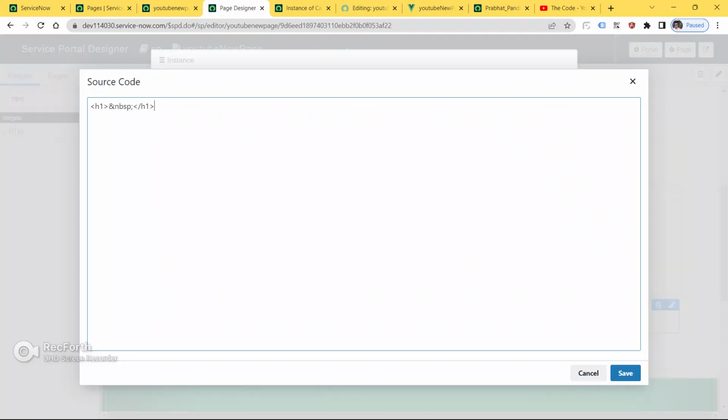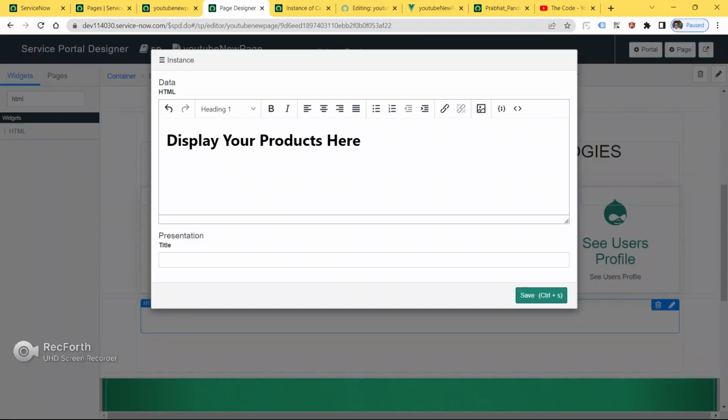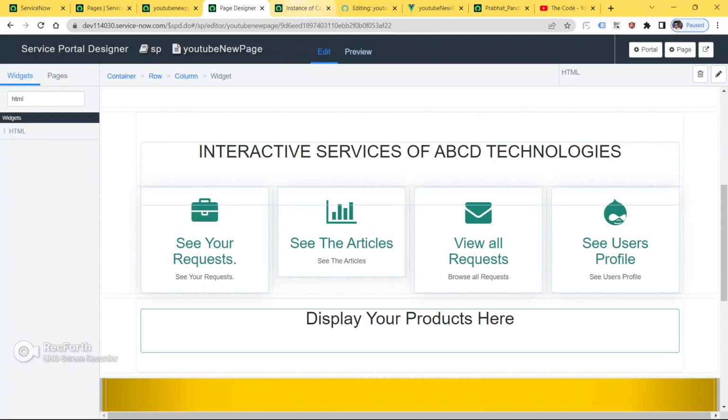Heading 1, and paste here: display your product here, and give a class also, YouTube product. Give save. Click on the save. Make this center. Click center. Now click on the button save now.